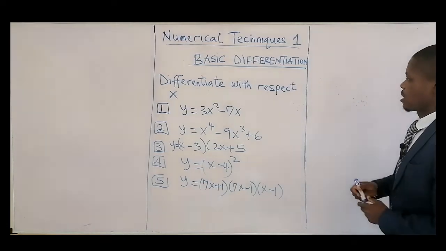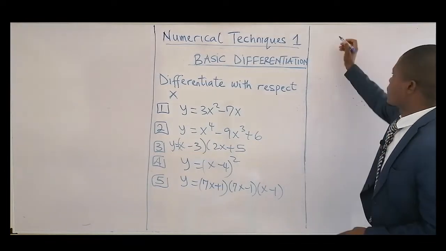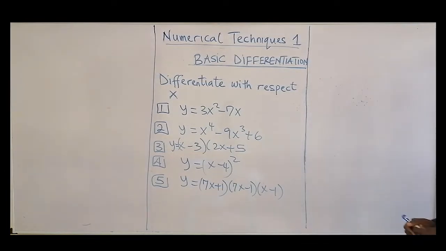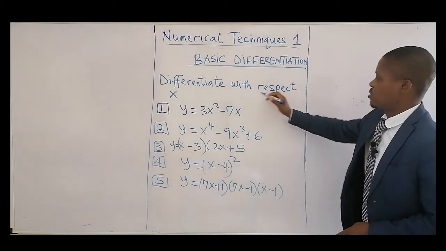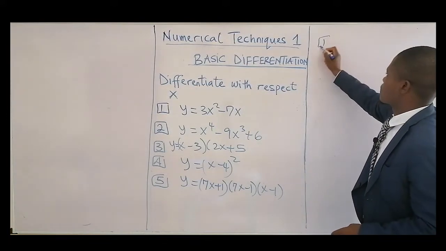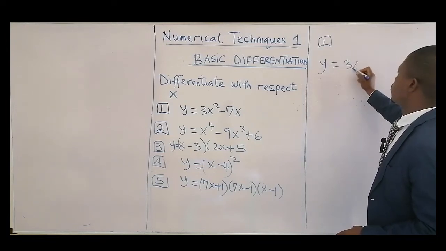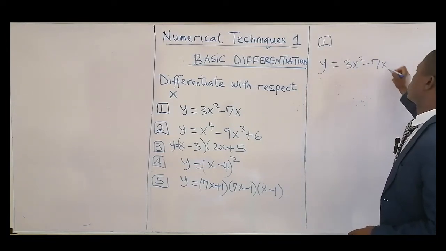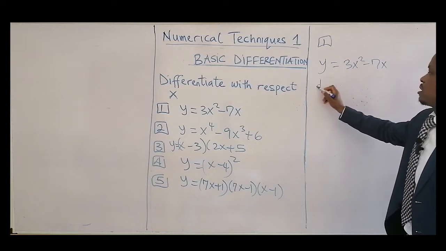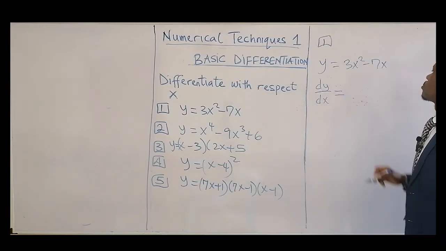Okay, question one. Differentiate with respect to x the following. Question one: y equals 3x squared minus 7x. Okay, so the derivative dy/dx will be equal to